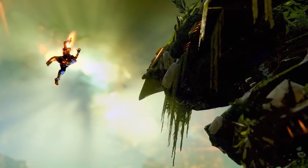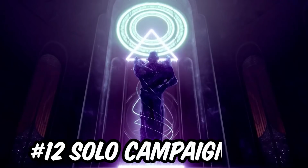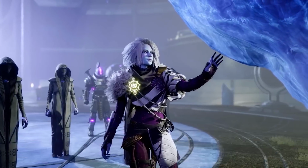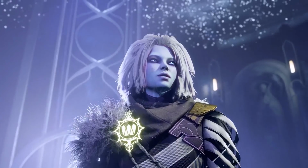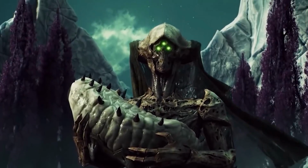foe if someone tries to interrupt them during the new expansion's campaign story. If you do so much as breathe too loudly during the presence of a warlock when Savathun's talking during the Witch Queen's campaign, you're making a friendship-ending mistake. It only takes about one time for warlocks to learn that they need to play the campaign solo to get